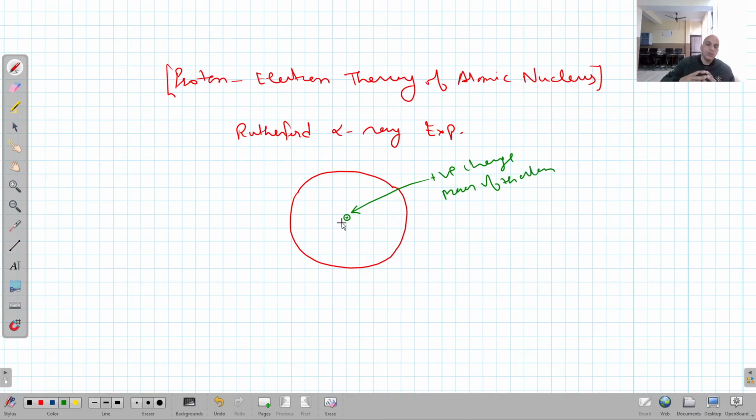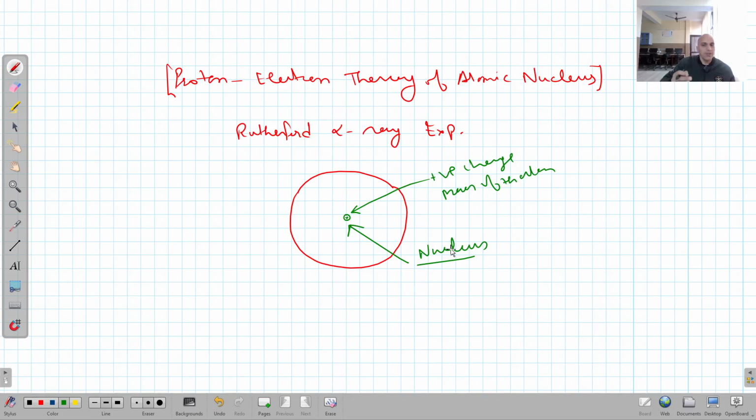Whereas the electrons are revolving around this positively charged core. This positively charged core is named the atomic nucleus. This was the outcome of the Rutherford alpha ray scattering experiment, or I can say this is the Rutherford atomic model,